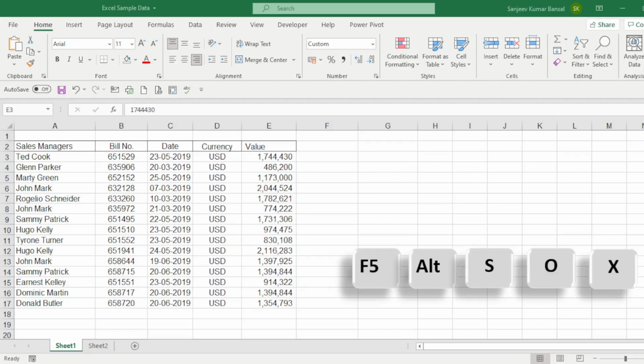If you want to show only the constant values out of your data set, select your data, then press F5, then press Alt SOX. Now only the constant values are selected.